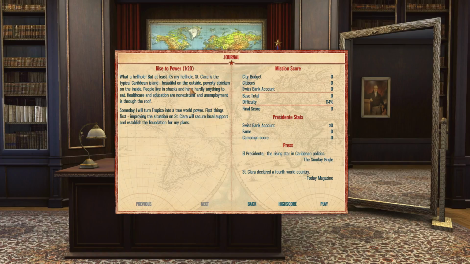And I guess this is us talking to us, so... Yeah. So someday I'll turn Tropico into a true world power. First things first, improve the situation. Alright,